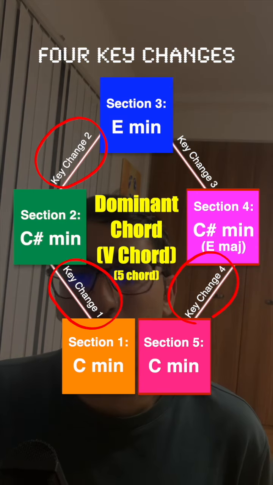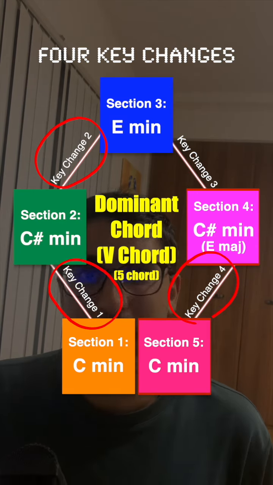So hopefully you too felt that adding that dominant chord just made that transition a little bit smoother. And Rajasar uses this technique, using a dominant chord to smoothen out key changes. He does this in 3 out of the 4 key changes in How to Name It. And of course the way he does it has a lot more detail and finesse to it. So we're going to dissect all that right now one by one.